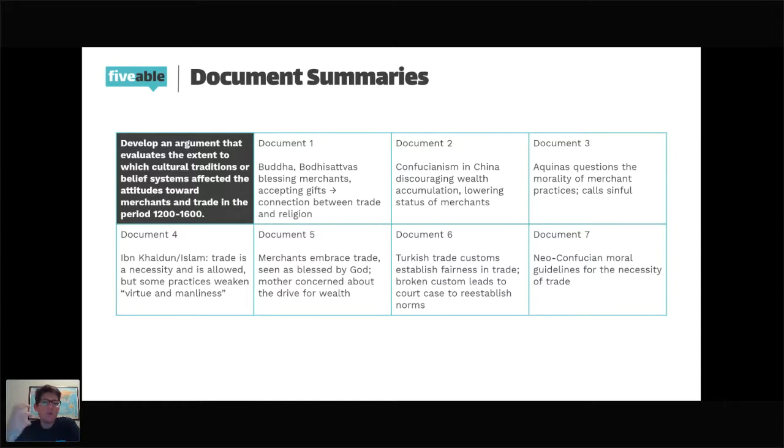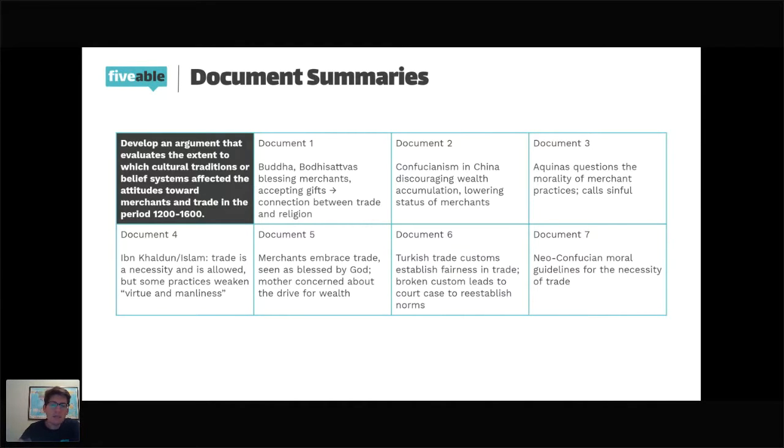How many different, what we used to call groups, can we make? Now, if you have one document all by yourself, nowadays you can definitely use that document, but you're going to have a much stronger argument and evidence to support a thesis if you are using all your documents, of course, which everyone should be doing,